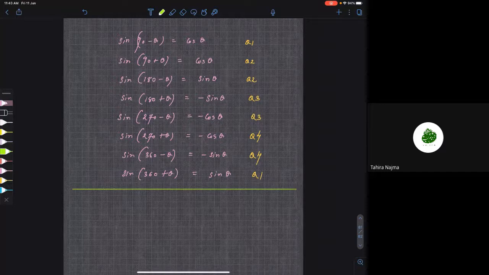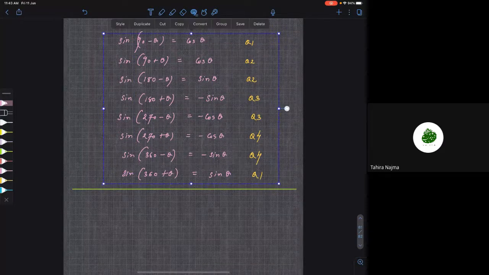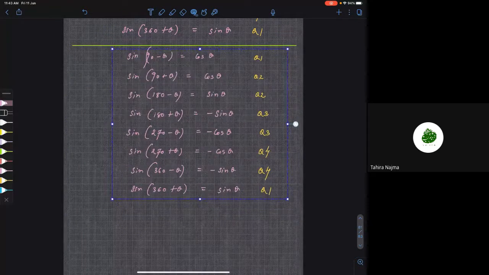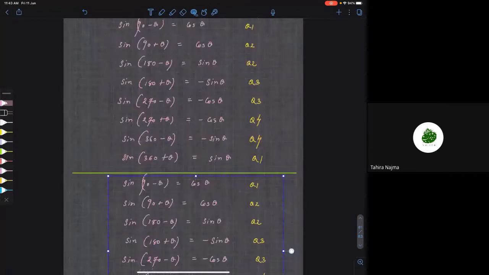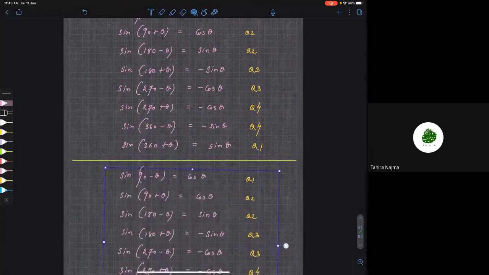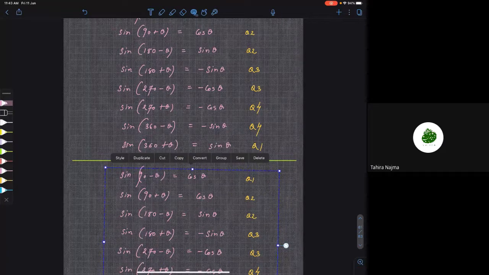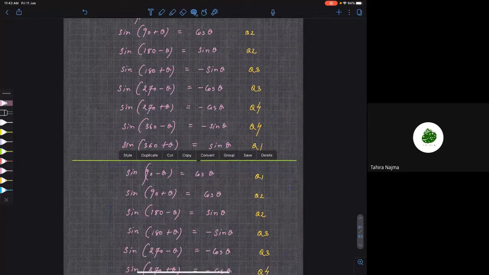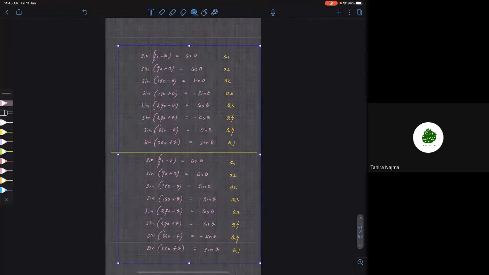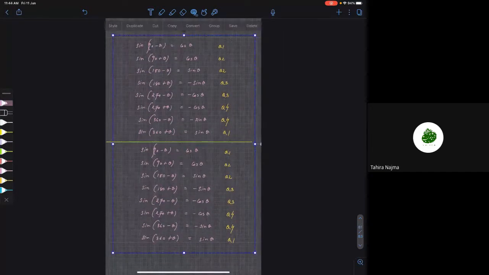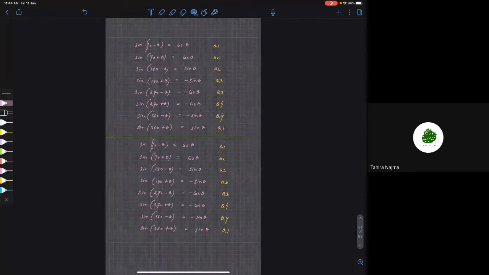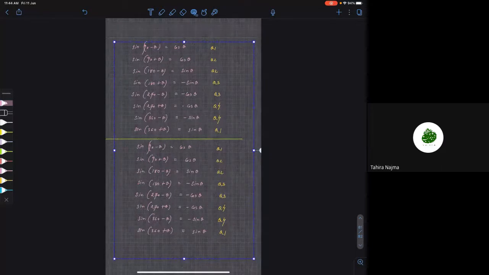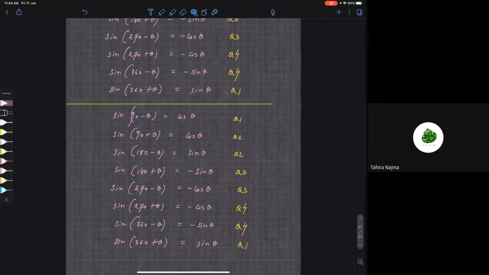trigonometric ratios also. For example, let me just repeat this. Let me make some space here. Okay. Now tell me, if I change all these, now suppose I have